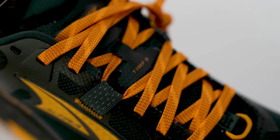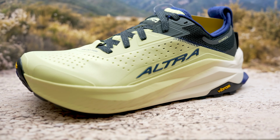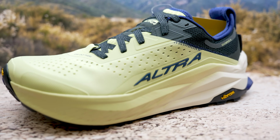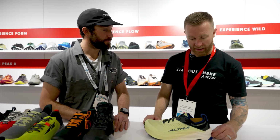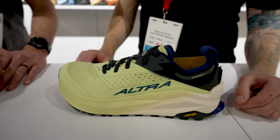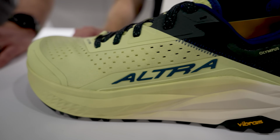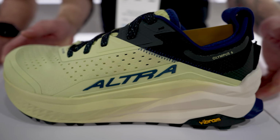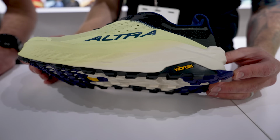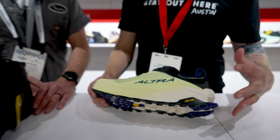Great. Last but not least, in terms of an update, the Olympus. This one's been waited for by a lot of people. Yes. You know, the Olympus 4 and the Olympus 5 have been a huge jump in improvements for us. And we feel like we are addressing the concerns that people have had, and this shoe just continues to get better. A couple things you're going to note. I think with the design and the colors are getting continual improvement from Altra,